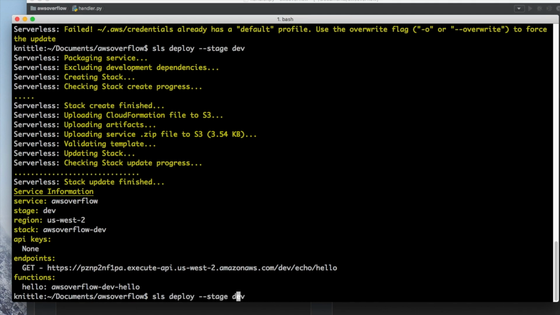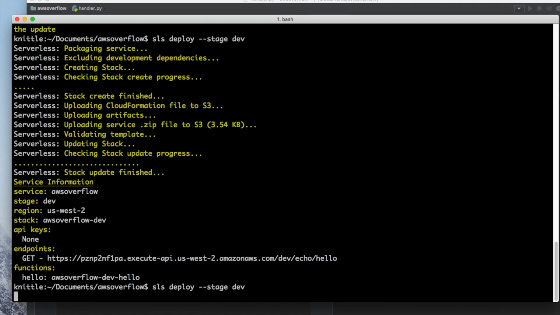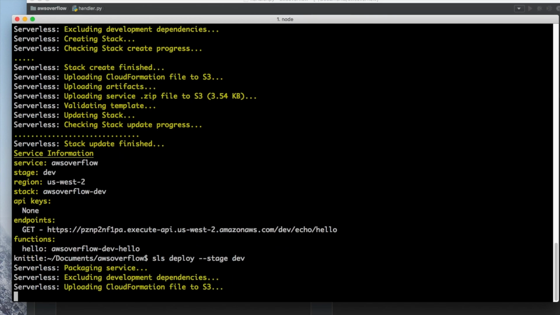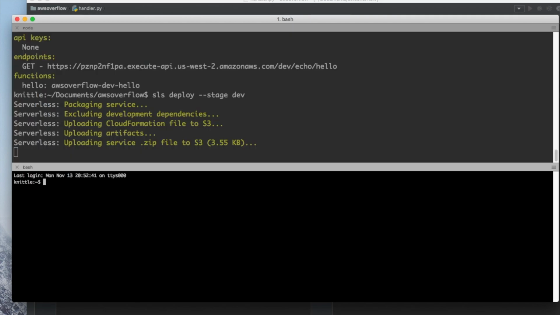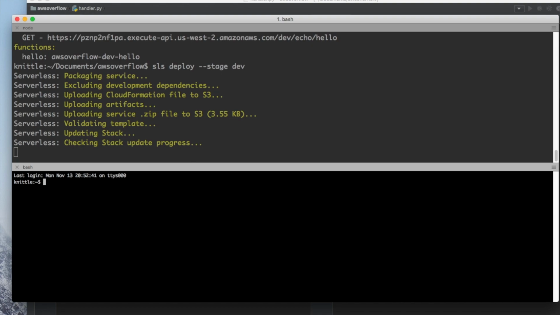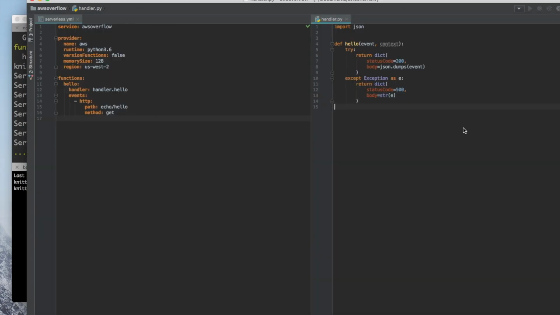I'm going to deploy our new code to our develop stage one more time. I want to show you what it means to deploy to different stages. This one is going to be in prod. CD into my documents and my project, which is AWS Overflow. Set up my command, SLS deploy stage prod. Head over to my